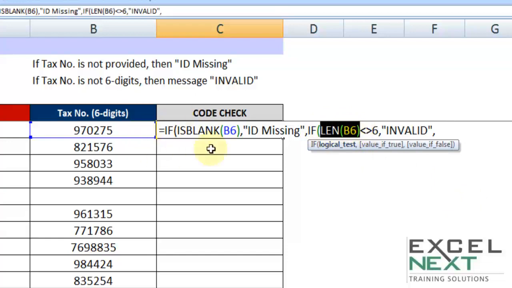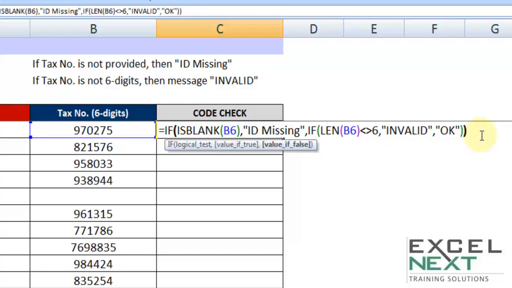Logical test. First was is blank. So logical test, that's the question saying if that is not equal to 6, in that position give me a message saying invalid. In case that is equal to 6, then I must say okay. Closing the brackets twice.